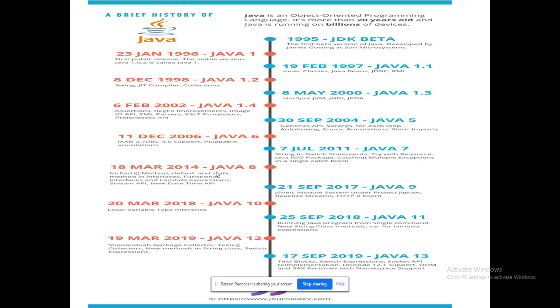By 1997, Java 1.1 was released. See what features they were incorporating. JDBC was incorporated during 1997. It is useful for accessing the database from Java. Data structures were enabled in Java 1.2 collections during December 1998. Hardware-based things were incorporated from 8th May 2000, Java 1.3. Interoperating with XML became available from 2002.